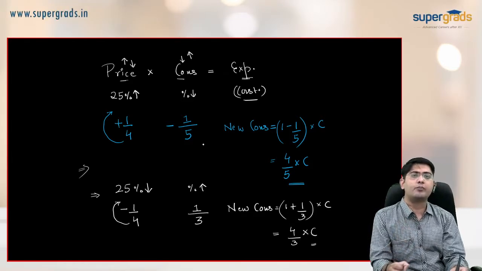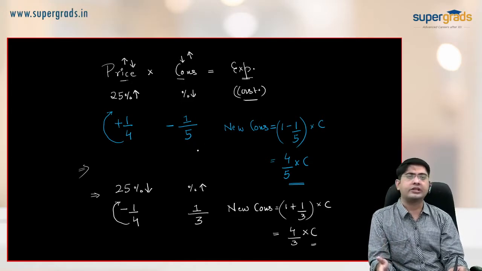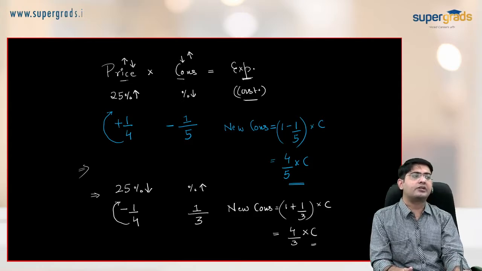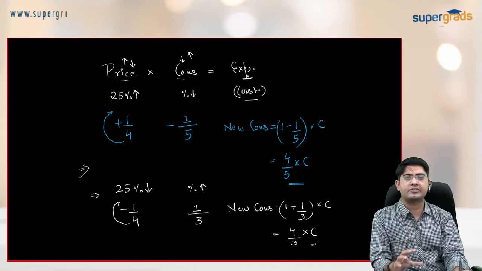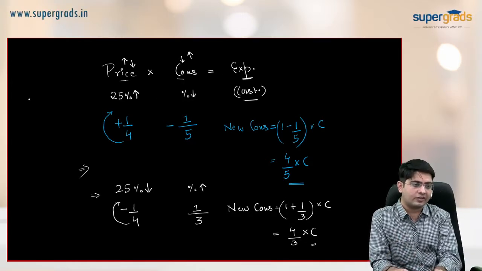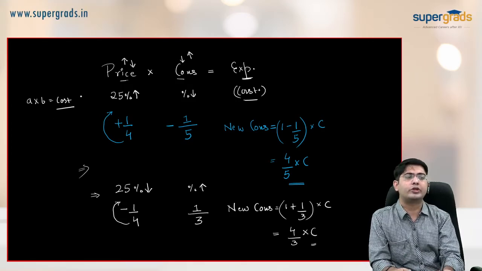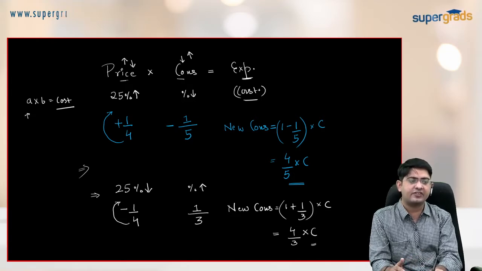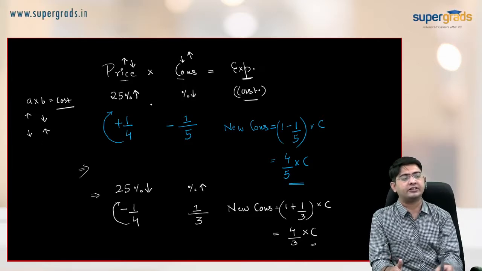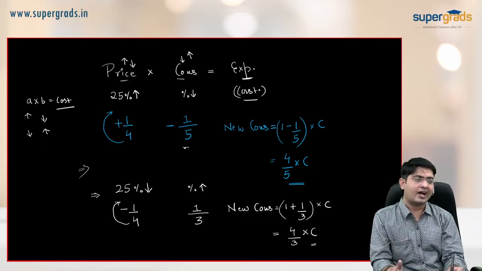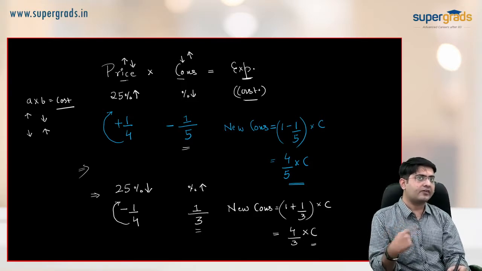This is a very important concept, and you will face it in various problems depending on the conditions. The important condition is that the right-hand side expenditure should be constant. Whenever the product of two things is constant, you can apply this technique: if A increases, then B will decrease; if A decreases, B will increase. By what percent and by what fraction, I have already told you. Let us implement this technique in one problem.